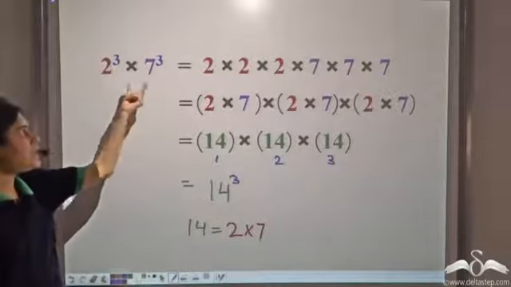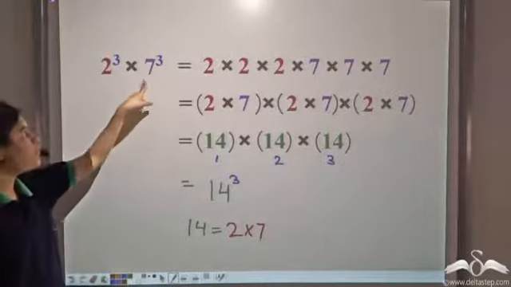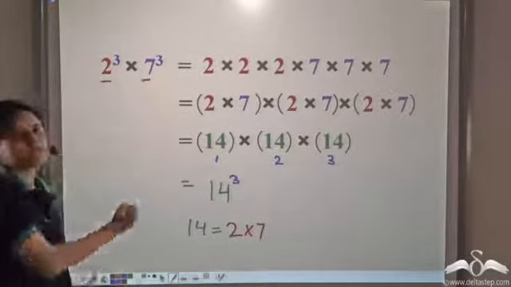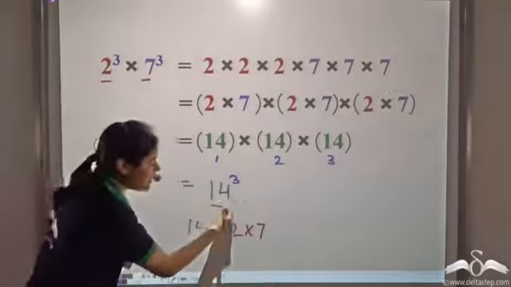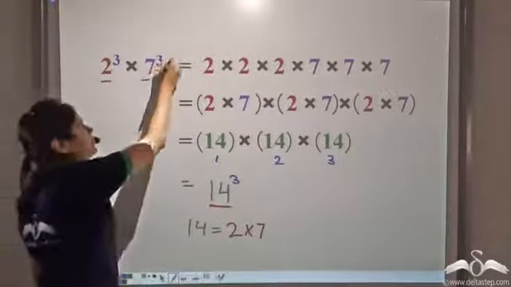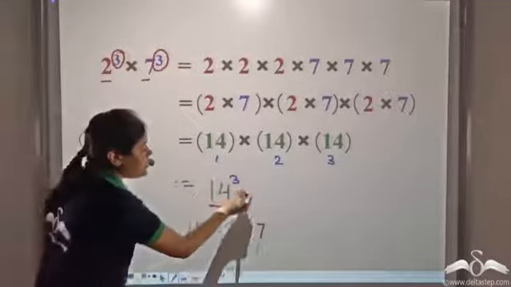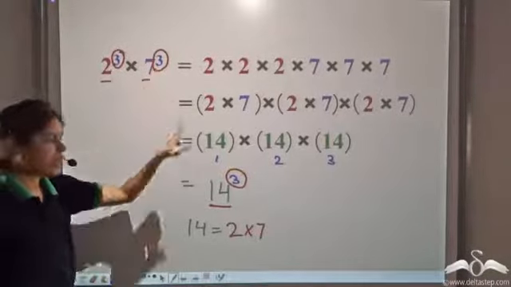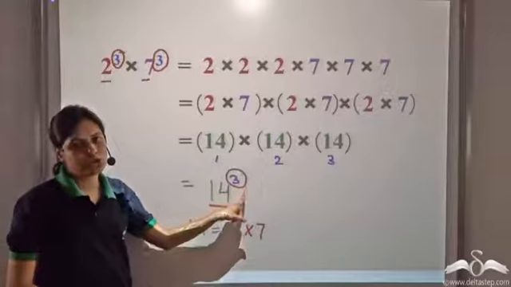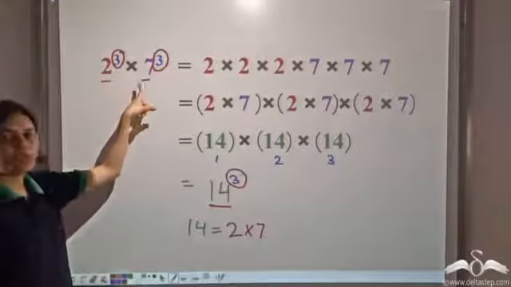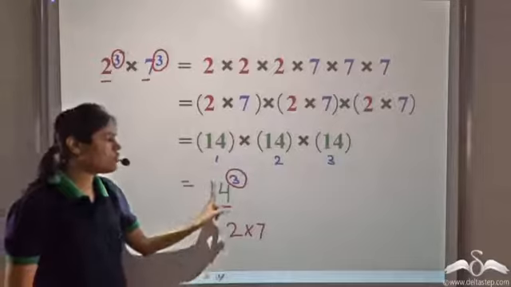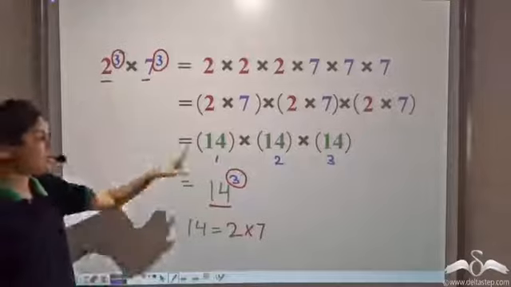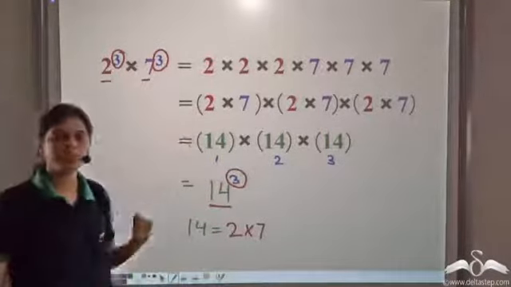So when we multiply two exponentials with different bases but same powers, then the bases, that is 2 and 7 in this case, get multiplied, and the power, that is the exponent, remains the same. So we see the exponent of these two numbers was 3 and the exponent of the answer is also 3. So 2 cube into 7 cube gives us 2 into 7 whole cube, that is 14 whole cube. So the bases are multiplied and the powers remain the same.